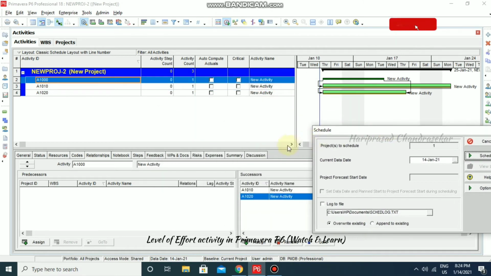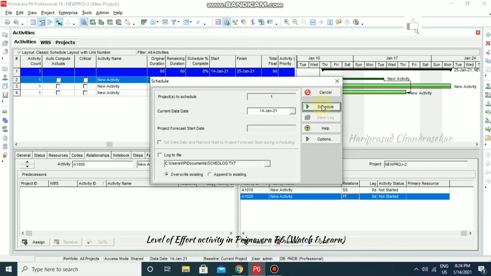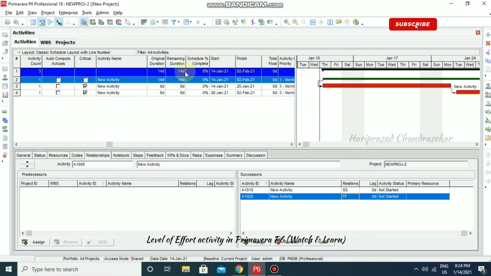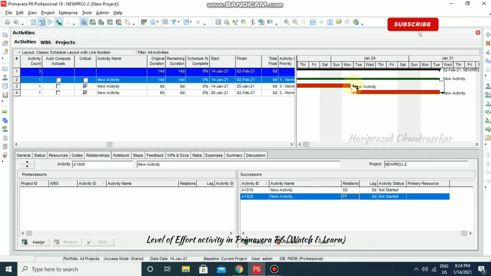So here we can change the differences. Now it is showing only 8 days once you scheduled. So the duration became 14 days and the finish date also changed. Now can you see? So the level of effort depends on the predecessor or successor duration.